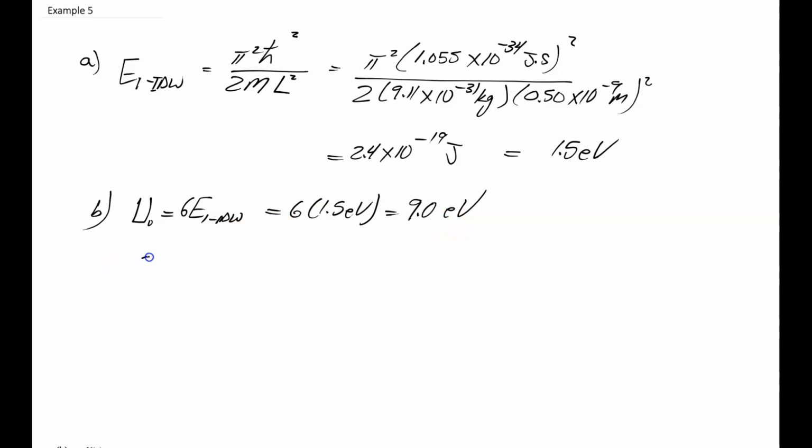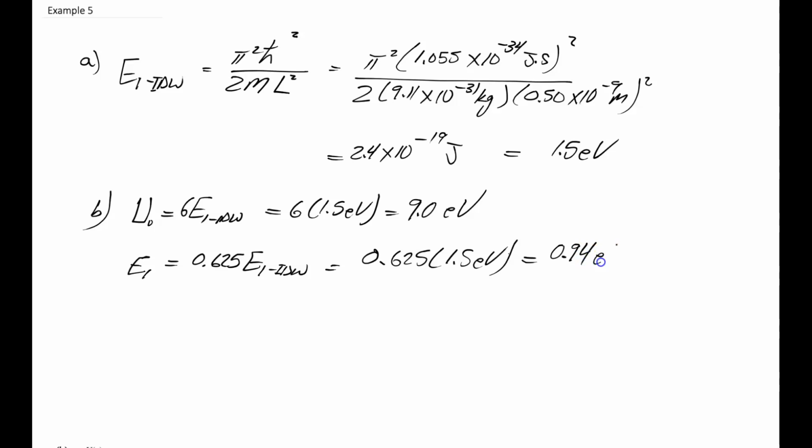And now we can read the energies from the graph that's posted below as follows. E1 is 0.625 times 1.5 eV, or 0.94 electron volts. E2 would be 2.43